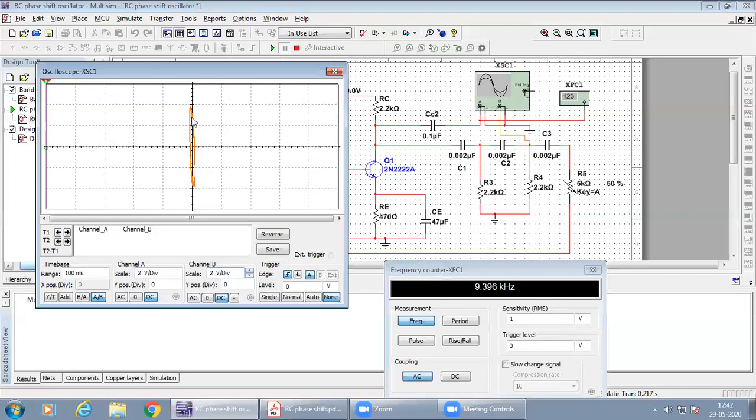It's approximately 1.7 divided by 1.9. Sine inverse of 1.7 divided by 1.9 gives me 63.47. As it lies in the second quadrant, it's 180 minus the angle obtained. So we get it to be equal to 116.5 degrees. The expected value is 120, and what we have obtained is 116.5 degrees.